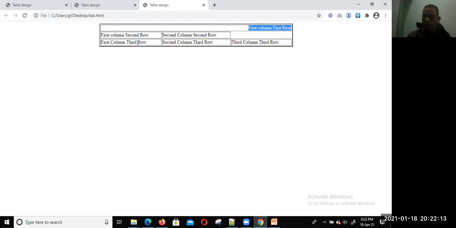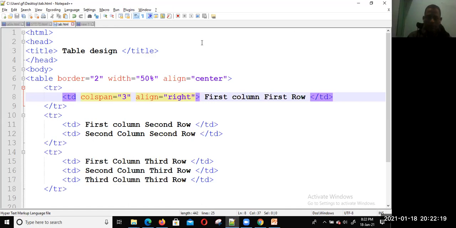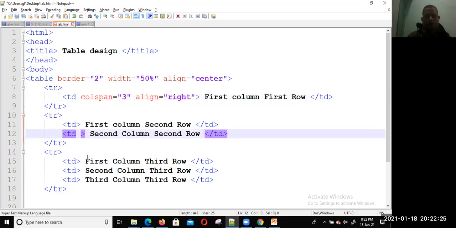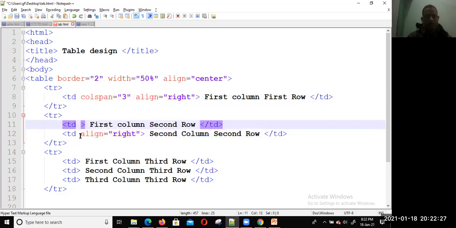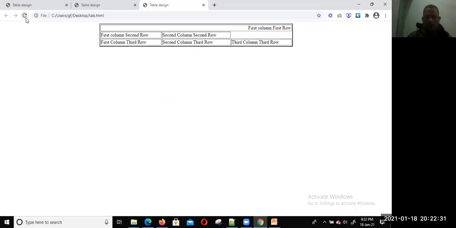Now there is also a problem with the second row. If I want to align it right, we are not able to use the whole width, even though I have changed the align to right.